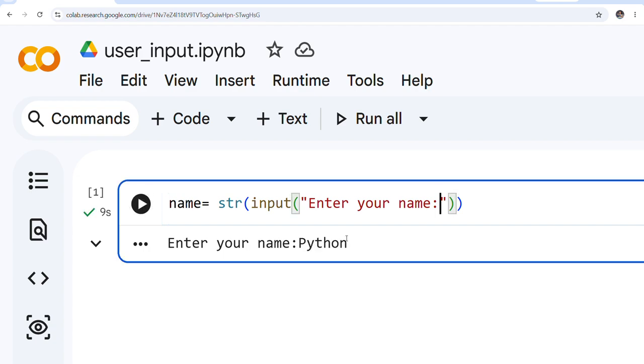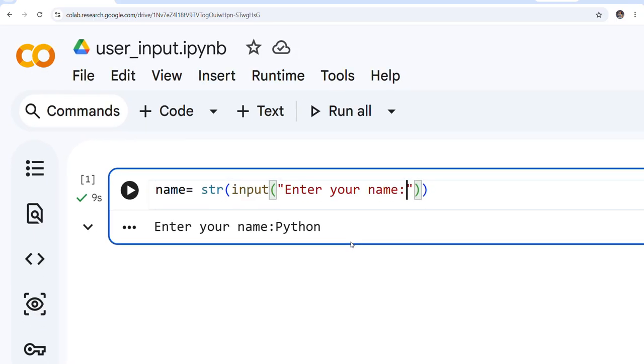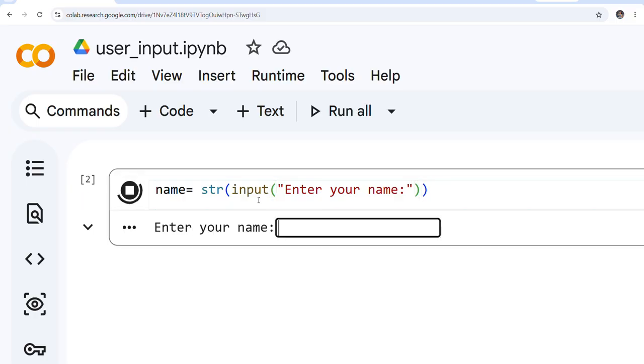Can you see in the input command there was a box coming up, right? And I am able to enter my particular input, whatever I wanted to do. Now, as you know, strings are the combination of numbers, alphabets, and characters. So we can give anything in the string. But if it is asking me name, then I'm entering that.